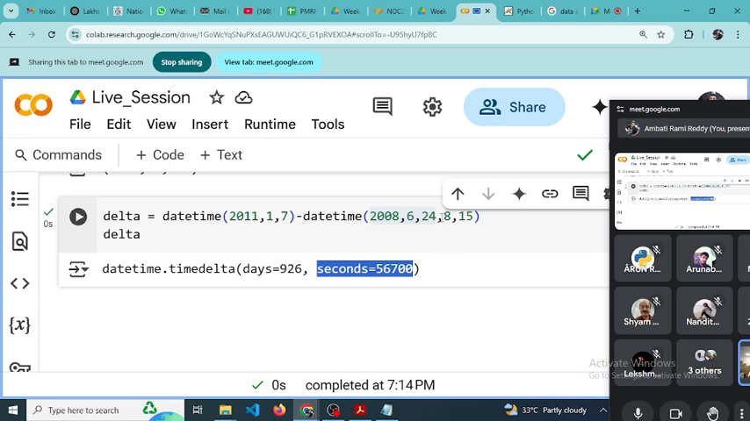If you don't want these things, you just give only year, month, then we will see. You will get only the difference between these two calendar dates. Similarly, you have seen